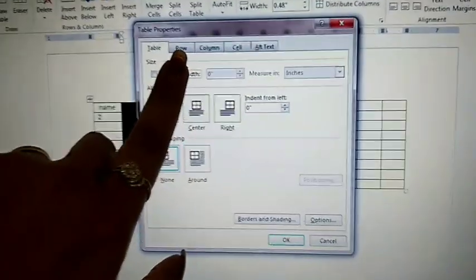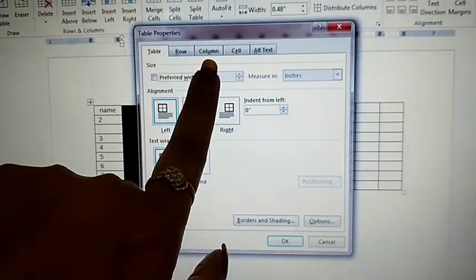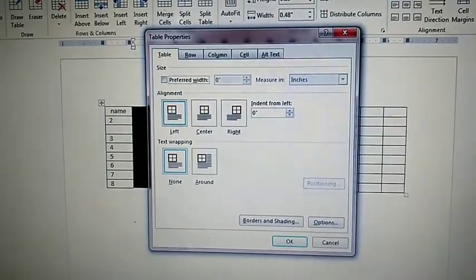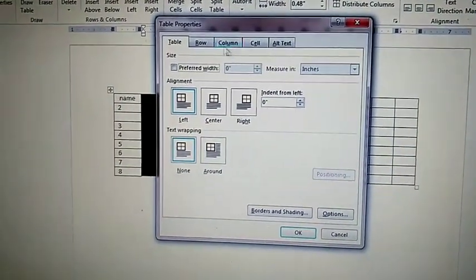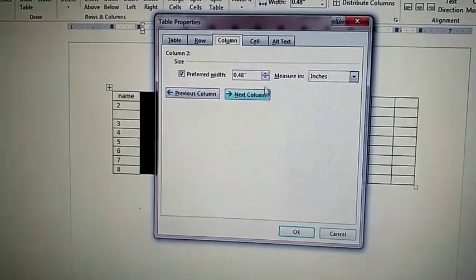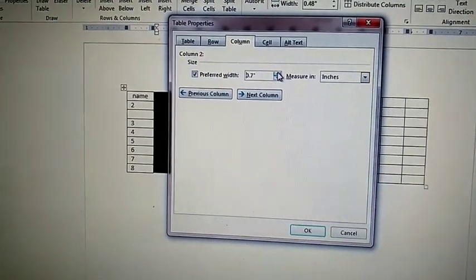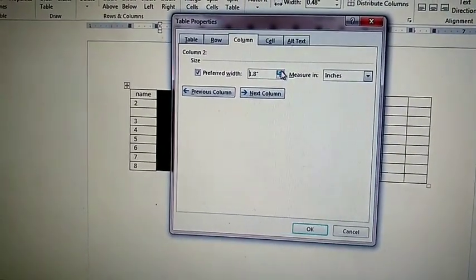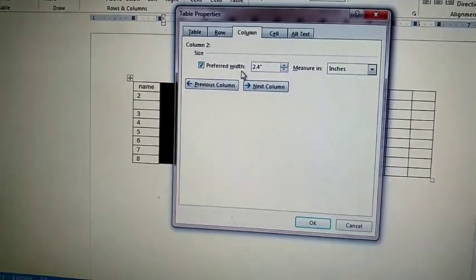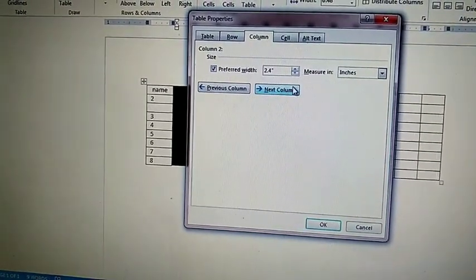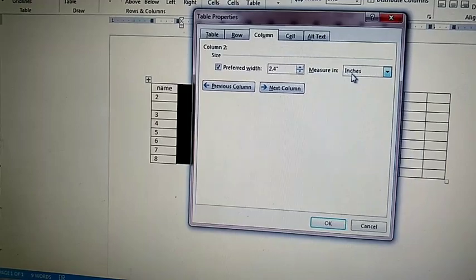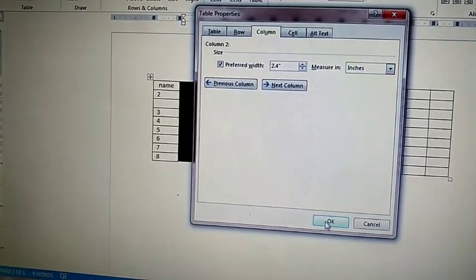If you want to change the width or size of the row, you will choose row from here. If you want to change the column, you will choose column from here. Like I want to change the column, so click on column. How much you want to increase or decrease, these numbers are given. Like I have set 2.4, so it will change to 2.4 inches. I have chosen inches, so that's why it will change in inches.